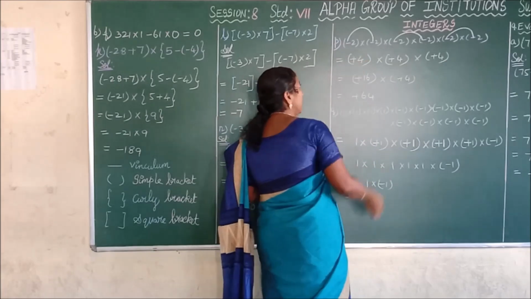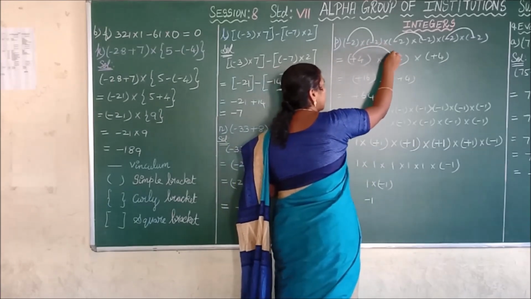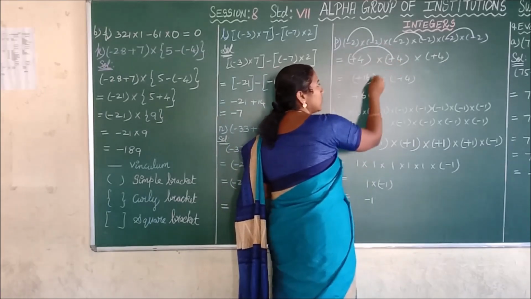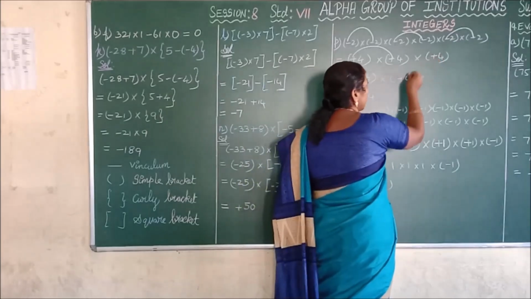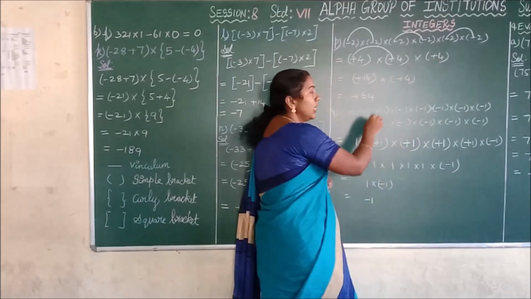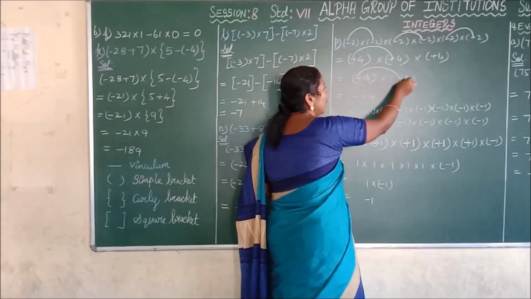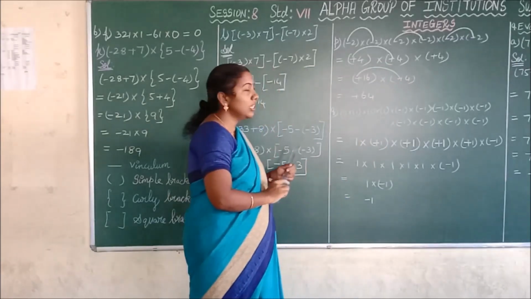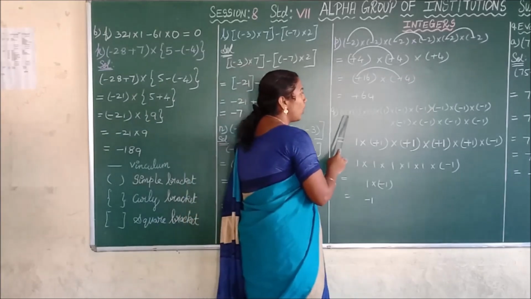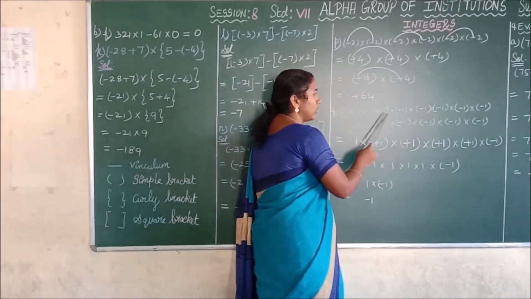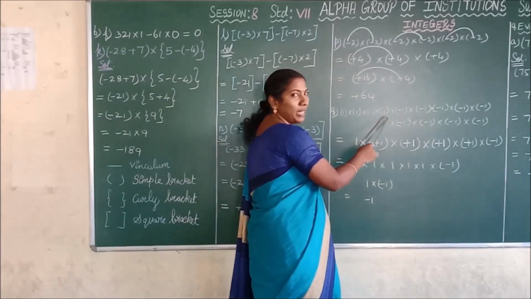Next we multiply two integers: plus into plus is plus, 4 4s are 16. Write the third integer as it is, into plus 4. Next we multiply these two integers: plus into plus is plus, 16 into 4 is 64. Straight here. See the next sum. 1 into 1 into 1 into 1, that is 4 times you have plus 1.